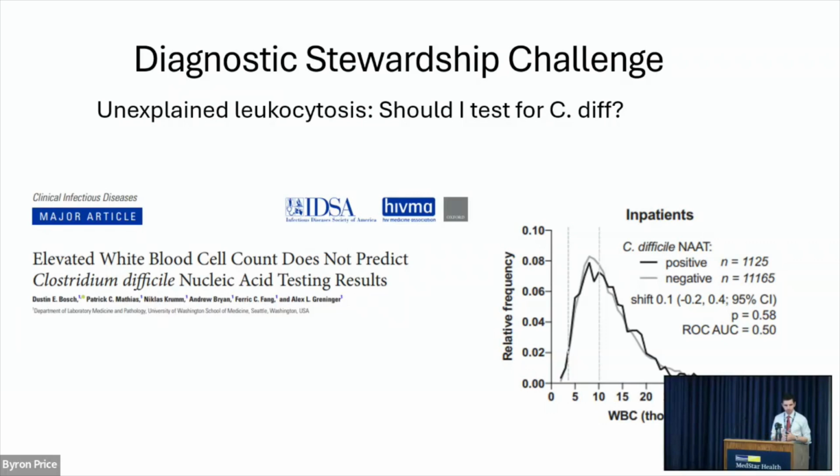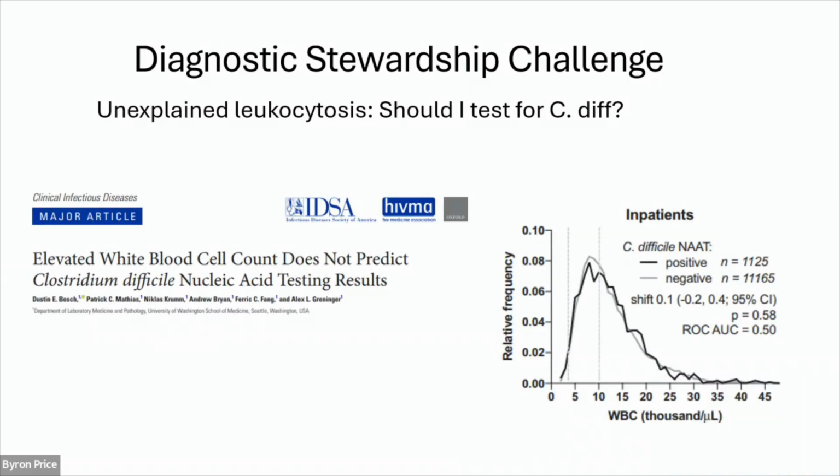Here's a stewardship challenge that we often see: the patient with unexplained leukocytosis. I remember from my training, it was commonly said that there are some infections that are likely to cause high white blood cell counts, more than 25,000, 30,000. The number changes sometimes. These researchers looked at that because they were not sure that was really the case. And so they reviewed 12,000 patients who were tested for C. diff, and that's probably the most patients I've seen in a C. diff related research study. They found that there was no correlation actually between what the actual white blood cell count was and the